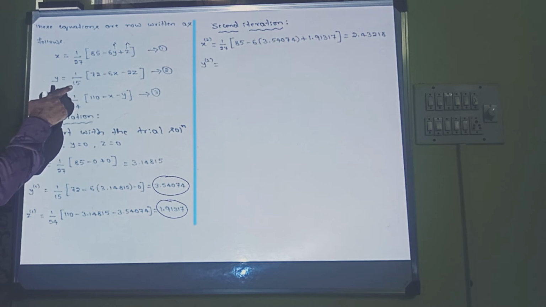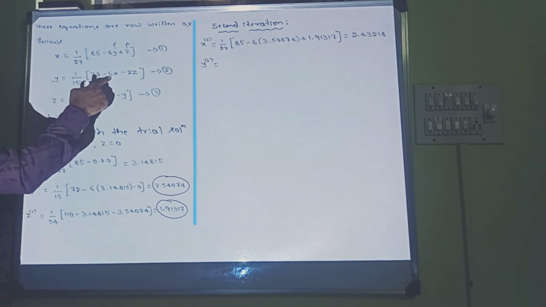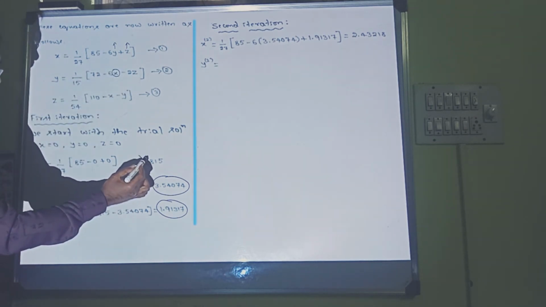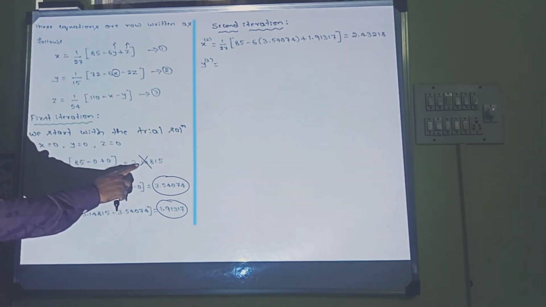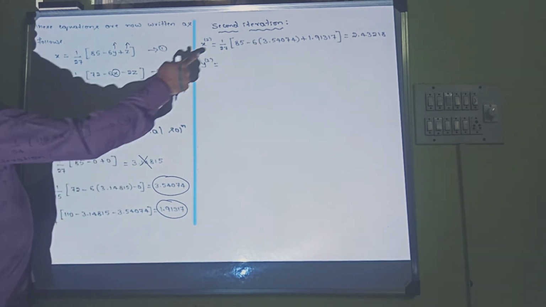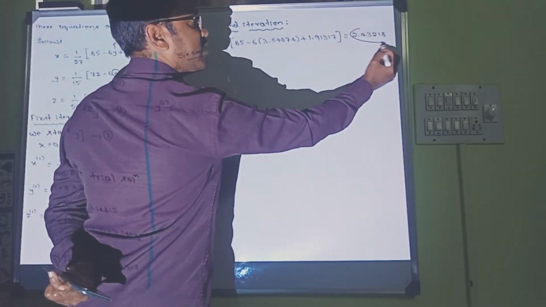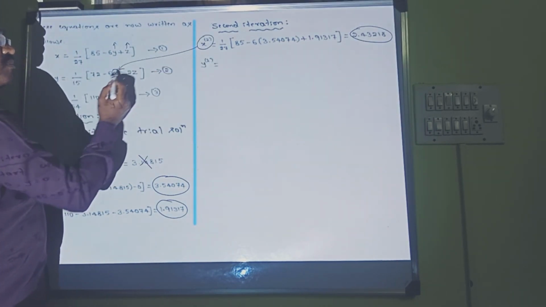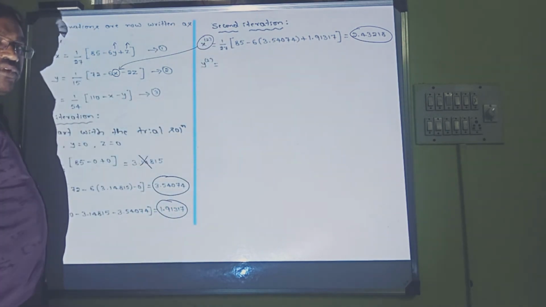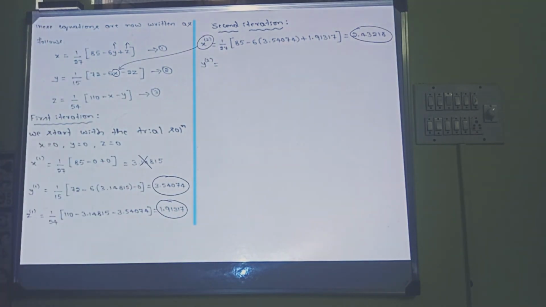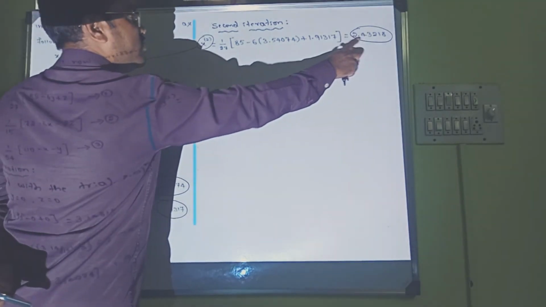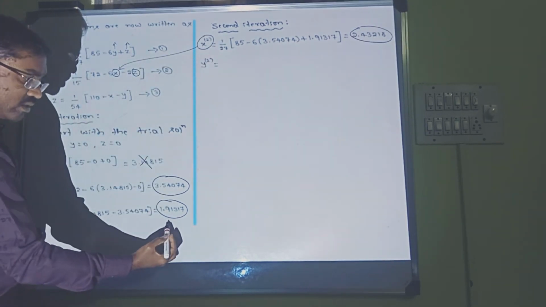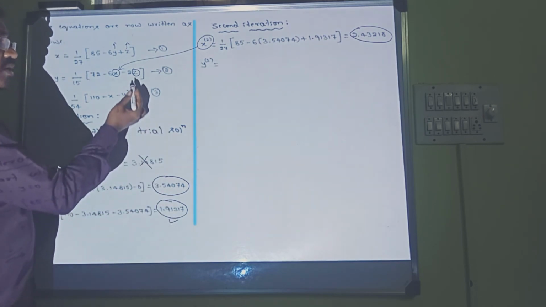How do we improve? 1 by 15 into 72 minus 6x. In the place of x, we are not going to take this now here, because we have just improved the new value of x. This new value will be taken here, because this is the just improved value of x. We cannot take the old value of x. Now let us take this new value of x in this place, and z is not yet improved, so we take the old value of z only. This value will be taken in the place of z here.